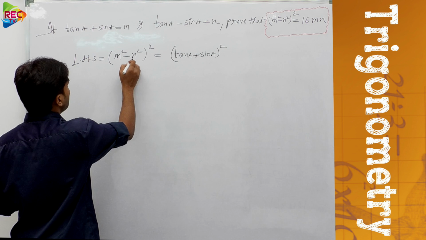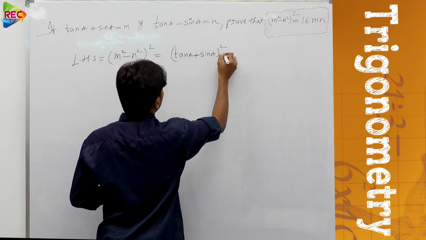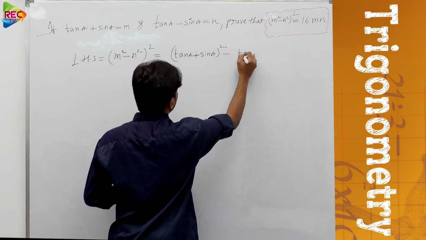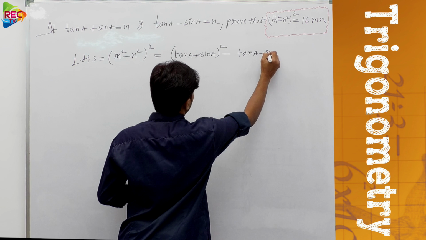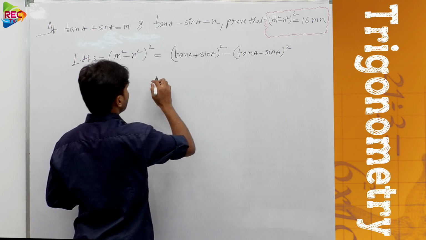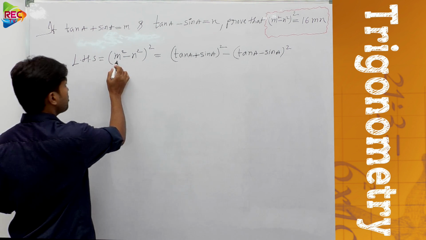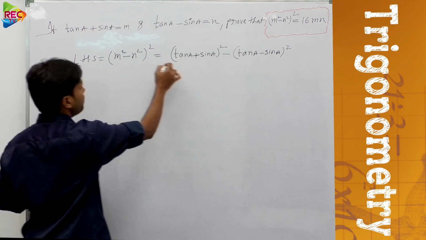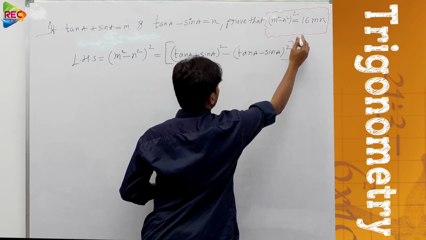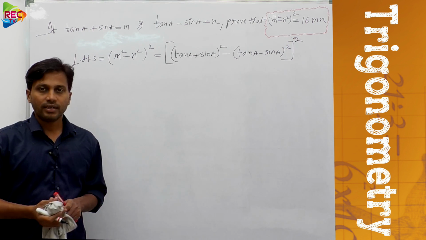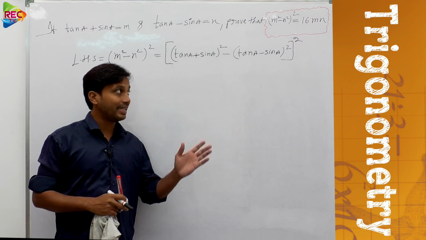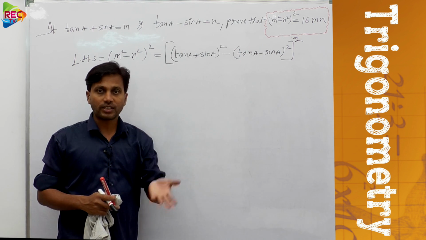Okay, minus, see this is the m value, this is m square. Now minus n square we need to write. Now, what is the value of n? Between them minus is there, so tan A minus sin A. This is the value of n, and to that whole square. Now, m square minus n square, for that whole square is there, no, so we also write whole square to this whole expression, right? Now what we wrote here, we just have substituted the values of m and n in the given expression. Now we go for further simplification.